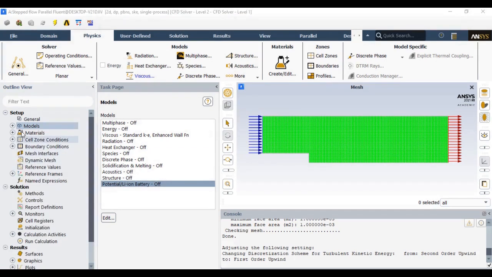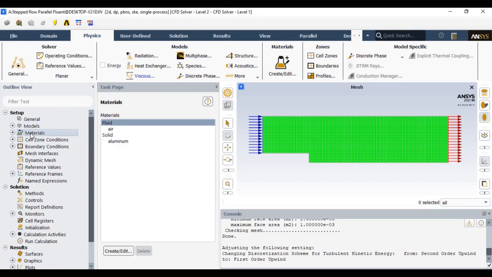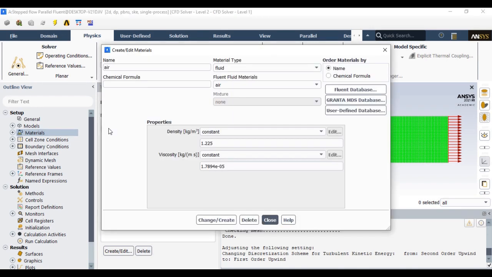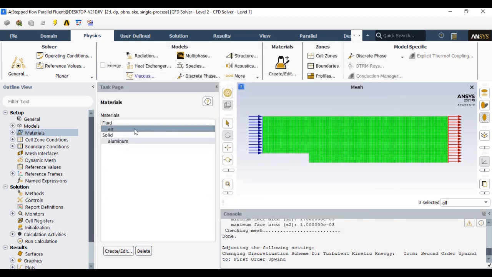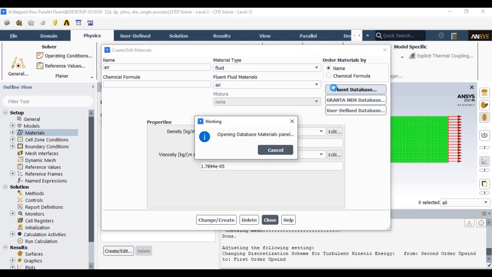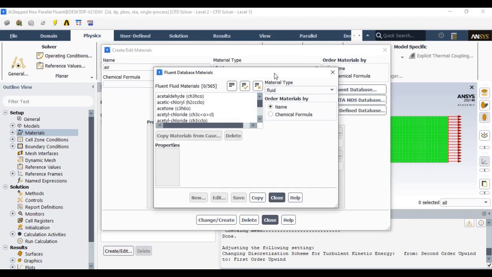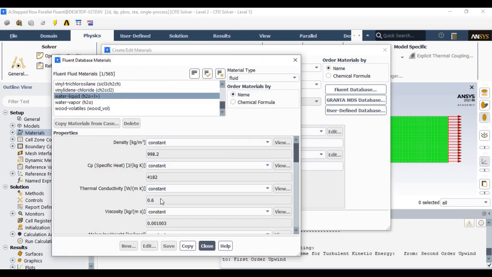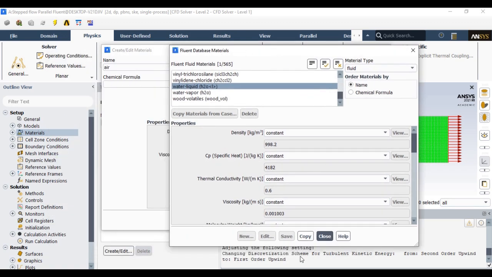Now for this problem, let's define the material. By default it is air, but if you wish to add more materials, like in our case water will flow through these sections, let's introduce that material from the Fluent database. In the Fluent database you have this data, so there is water-liquid; we can access that water-liquid property and use it for our simulations.